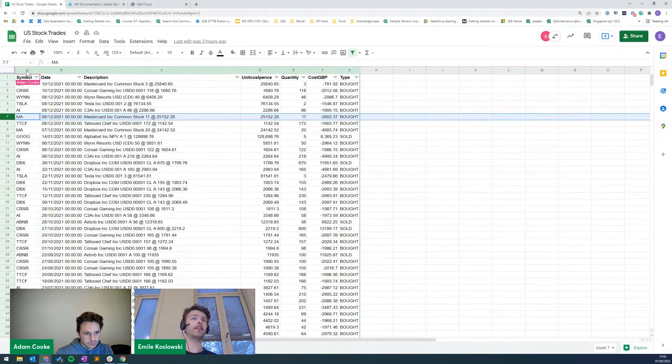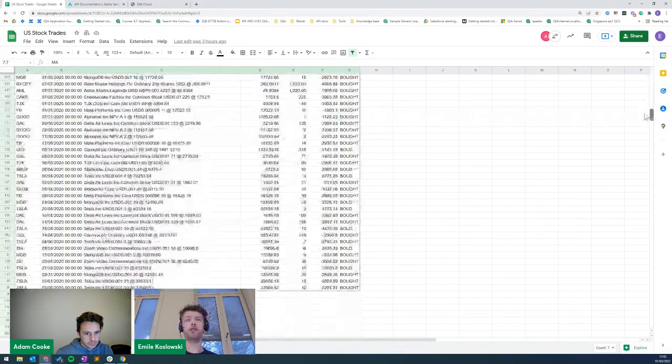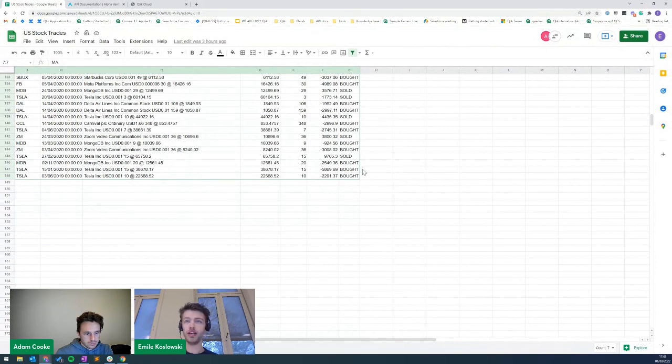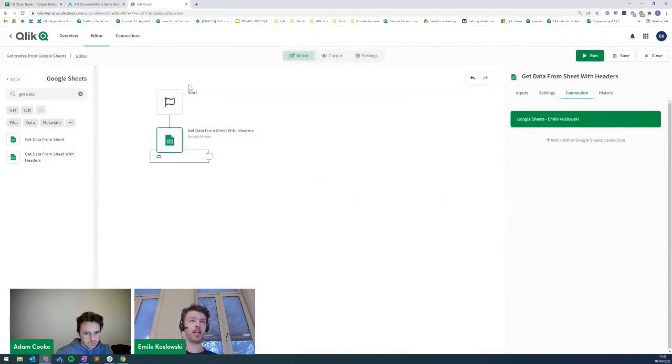Let's take a look at the data itself. We have columns A through G, so that's 7 columns. And then for rows, we have, let's see, 148. That'll be important in a bit. Because if we go back to the automation, the first step now is to configure the get data block